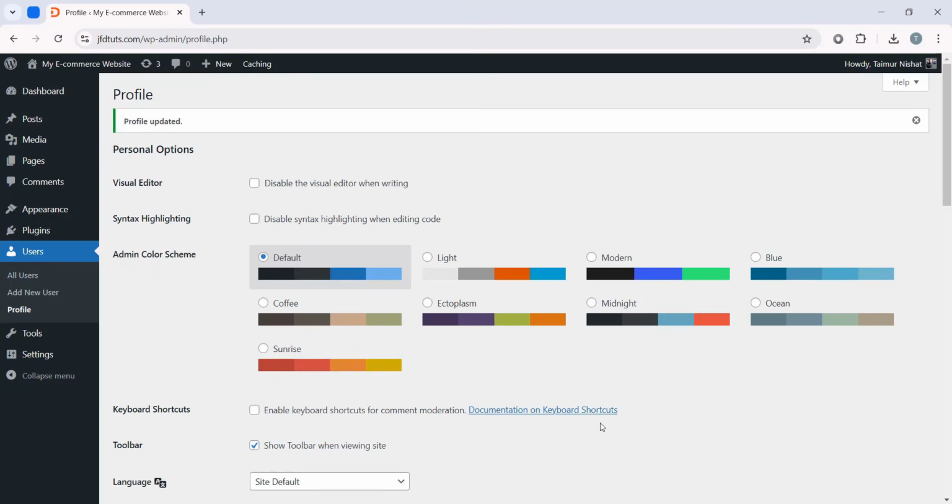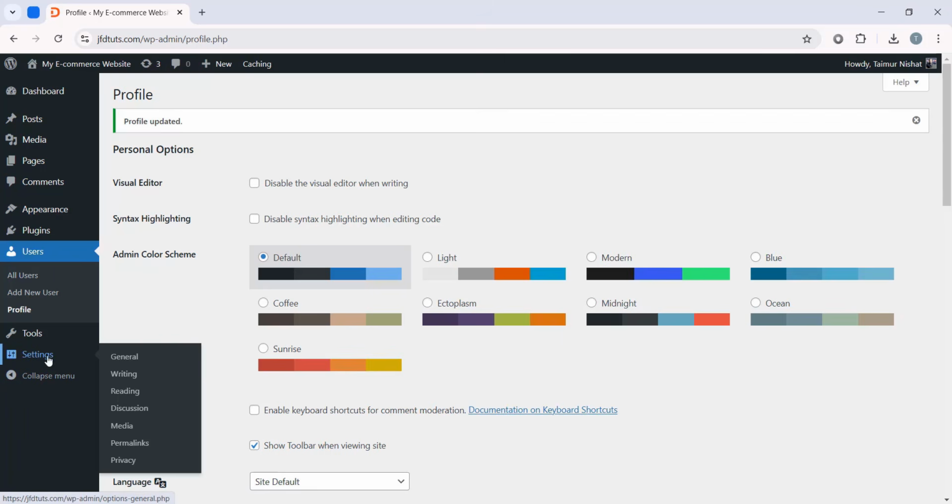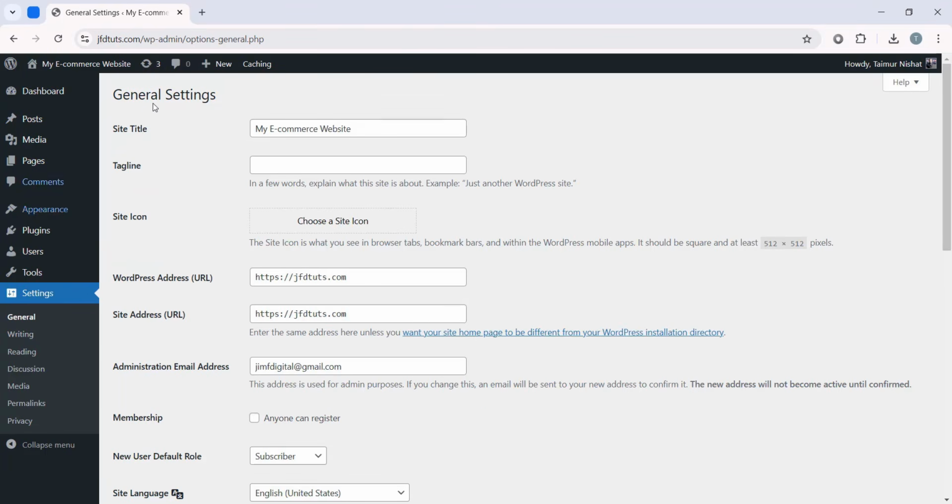Alright, now let's check out some other settings. So if you hover on the settings, you can click on this general. And in here we have the site title, then some other options. With the site title, you can actually change this title of your website, like agency website, and as you can see, as I type, this title is being updated in real time, okay? After that we have this tagline, we can actually put some meaningful stuff like best agency website in California. I recommend you to do some research on this tagline